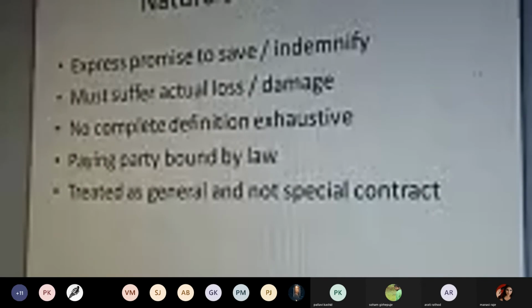And why do you save that particular person? Because a certain loss is expected, and if a particular loss arises, you have to save the credibility and liability of that person. Accordingly, you are trying to indemnify that other person. Now, who is that other person? The first person is the promisor himself. The promisee must suffer actual loss or damage. The contract of indemnity comes into existence only when actual loss or damage is incurred. If the loss or damage is not